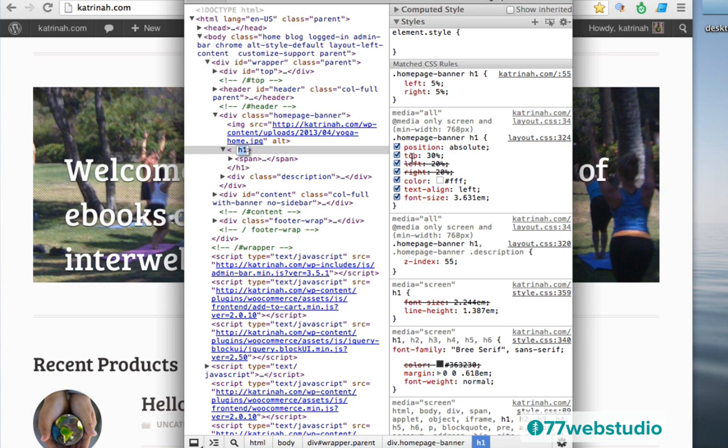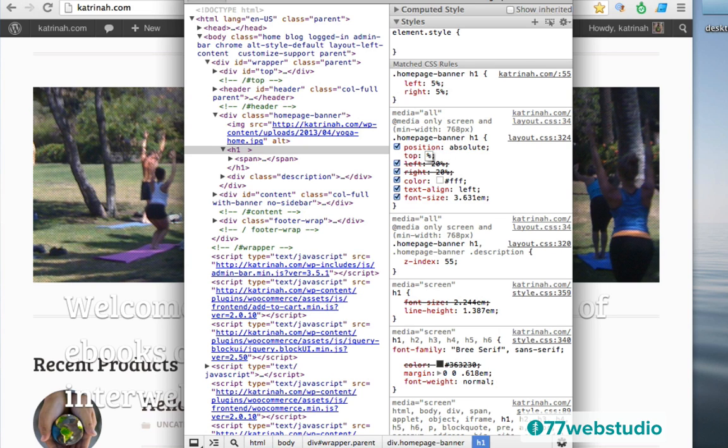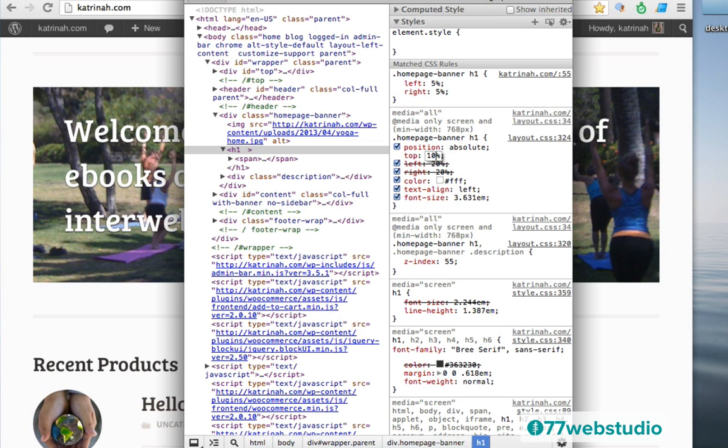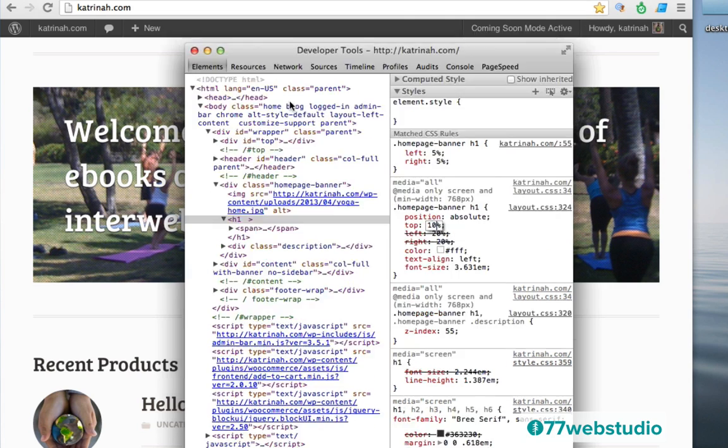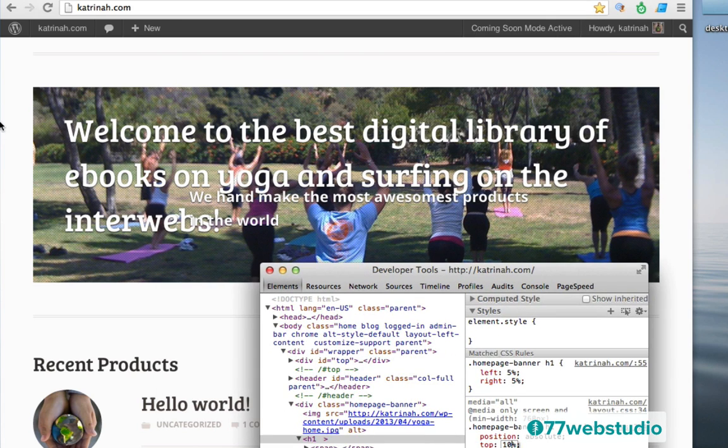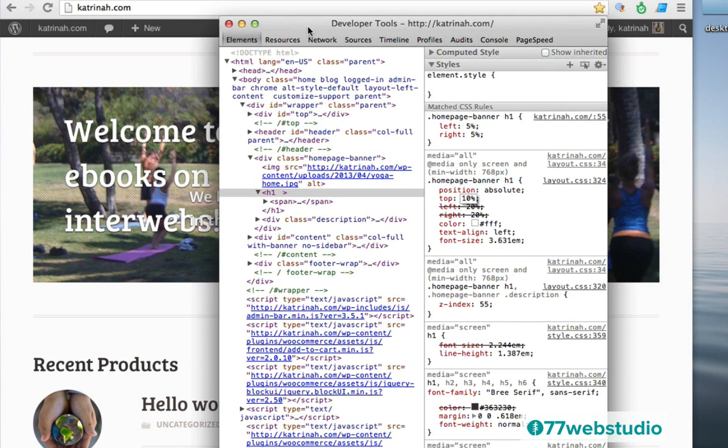And then you'll note that the top is 30%, so I think we need to change that. So I am going to change that to 10% this time. Okay, and when I change it to 10%, now it falls definitely a lot better, right, like that. So I am going to change the top part to 10%.